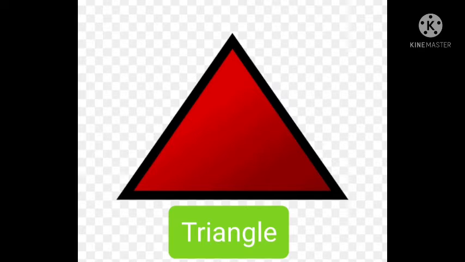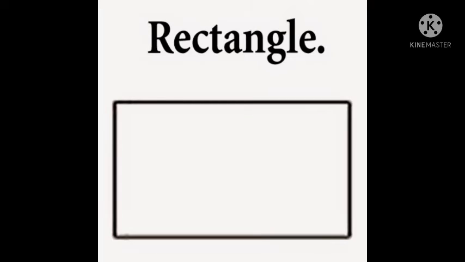What shape is this? It has got 3 sides and 3 corners. This is a triangle. A triangle has 3 sides and 3 corners. Can you say some examples for a triangle? I showed you a signboard which is triangle in shape, and a bookshelf which is triangle in shape.